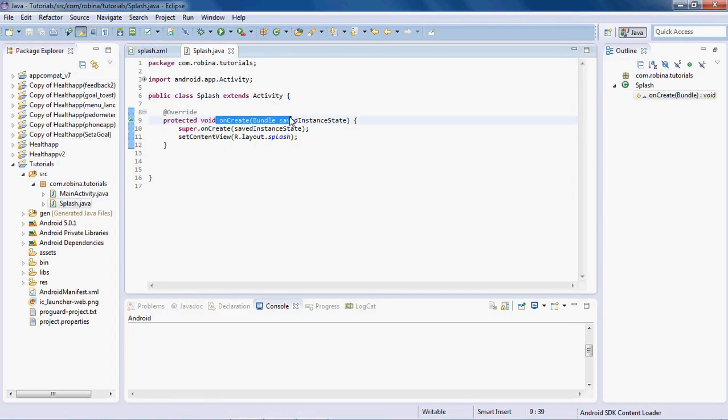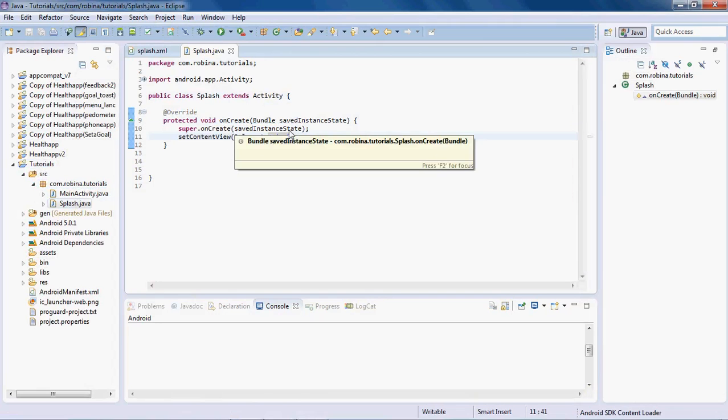And we've also got this set content view in there, and it'll inflate a layout resource, which in this case is the Splash XML file. So there's the Splash activity sorted. The next thing we want to do is get the Splash activity to launch first, because it's the opening slide of the application. So if we go to the Android manifest,